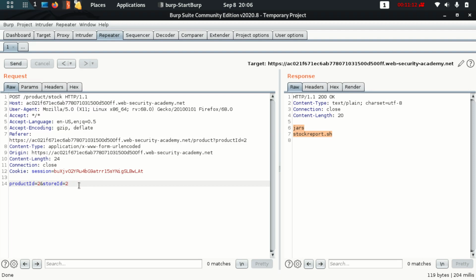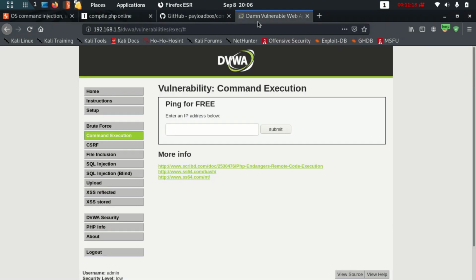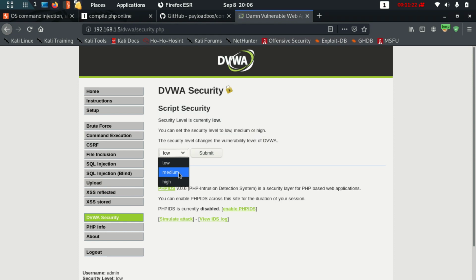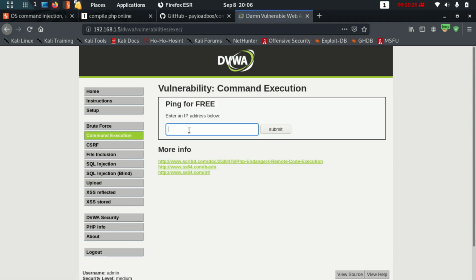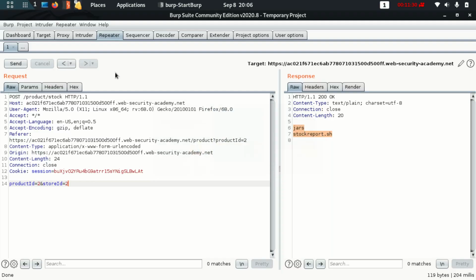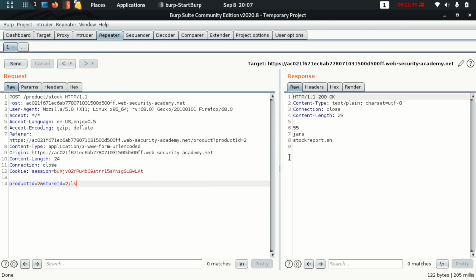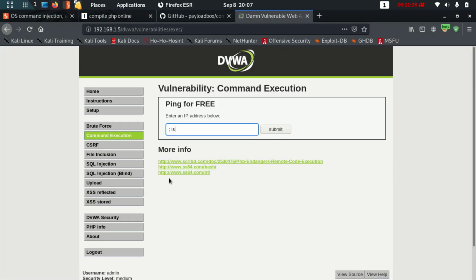So why did "and" not work and why did "or" work, I'll explain to you. Let me change this level to medium and let's do the same thing at medium level. So we were breaking it and we were doing an ls. Let's even break it here, let's even break it and ls. See, even this will work. Same result, even this will work, breaking it and giving.